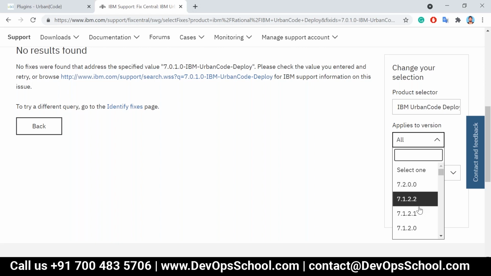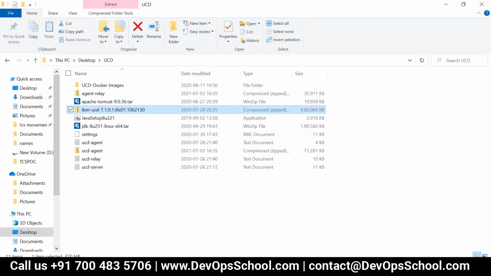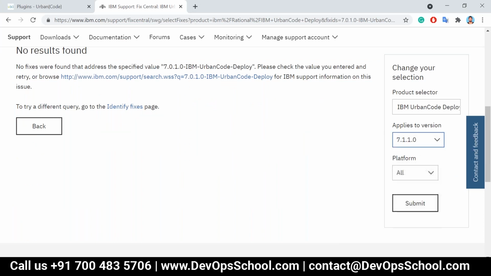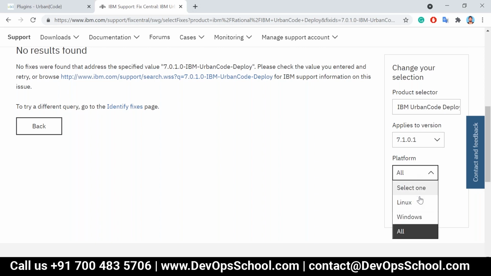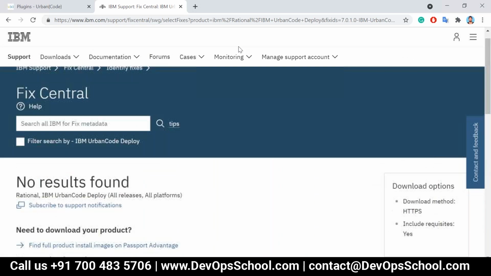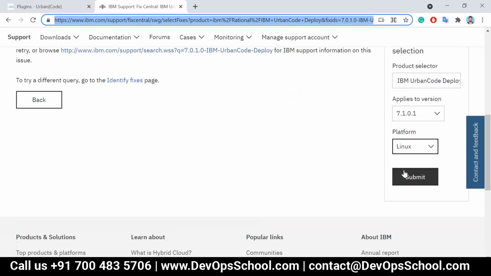Use this one, 7.1.0, it will be good. 7.1.0.1. Okay, Linux. Select like this and go ahead and deploy. Okay, if you do submit,